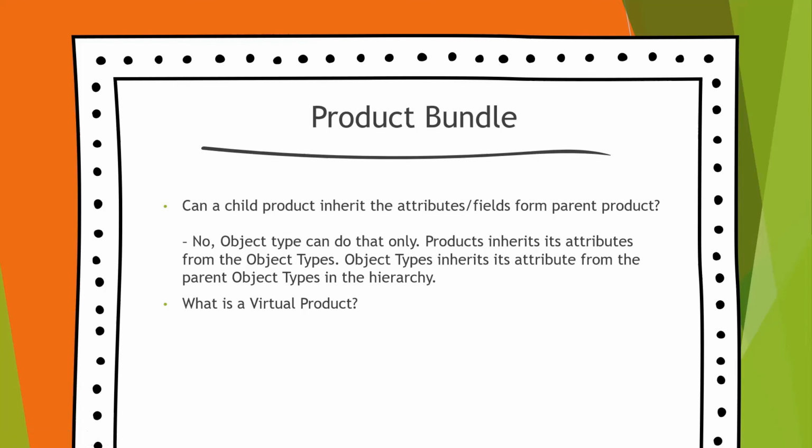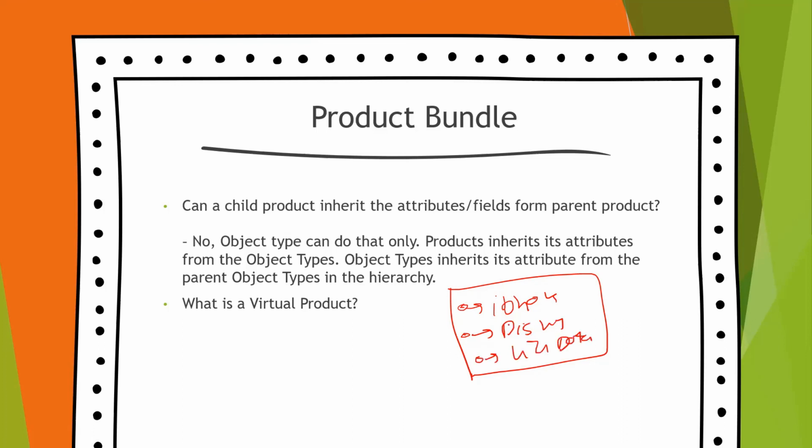Next is, what are virtual products? This is pretty interesting. I think I forgot to explain this when we were discussing product bundles. So let's talk about virtual products. For example, let's say here we have a product bundle. This is our bundle. We are selling iPhone, and with iPhone, we are selling Disney, and with that, we are selling a 4G data plan. This is one bundle, and we have given some discount and told the user, if you purchase iPhone, you will get a discount on Disney and 4G plans as well.